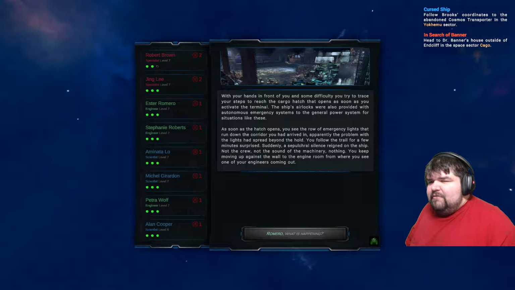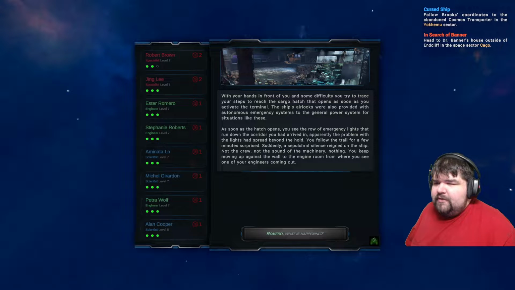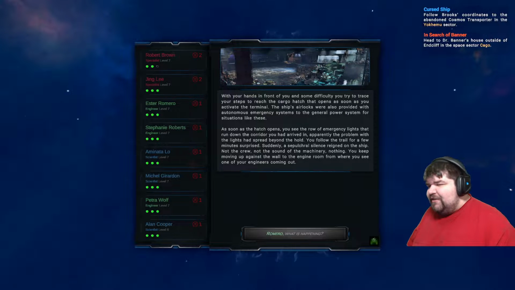With your hands in front of you and some difficulty, you try to trace your steps to reach the cargo hatch that opens as soon as you activate the terminal. The ship's airlocks are also provided with autonomous emergency systems to the general power system for situations like these. As soon as the hatch opens, you see the row of emergency lights that run down the corridor you had arrived in. Apparently, the problem with the lights had spread beyond the hold. You follow the trail for a few minutes, surprised. Suddenly...